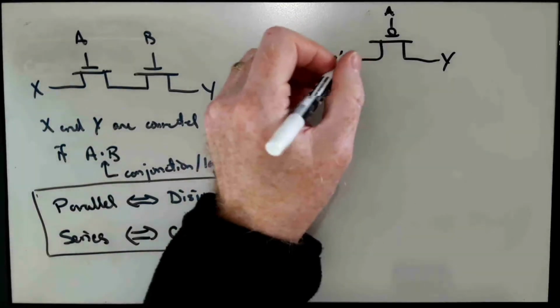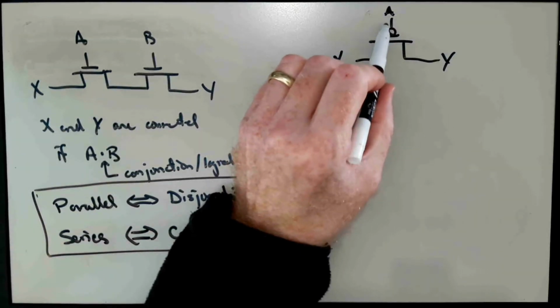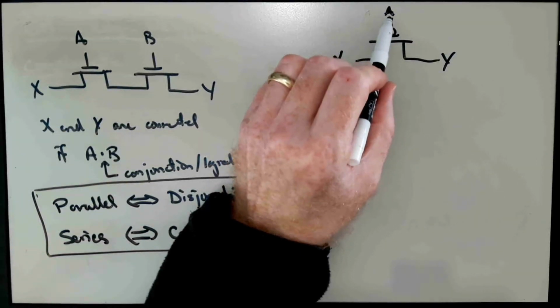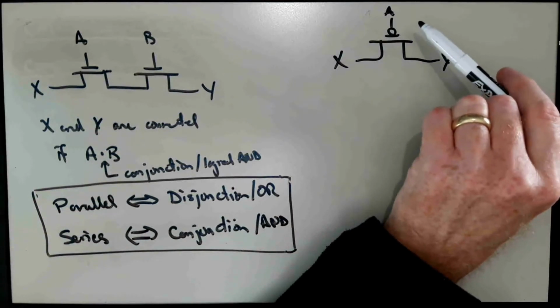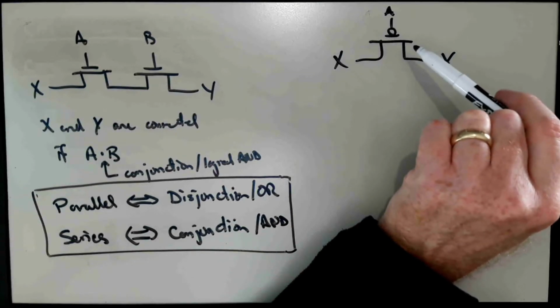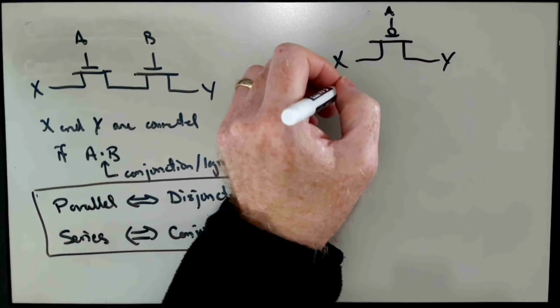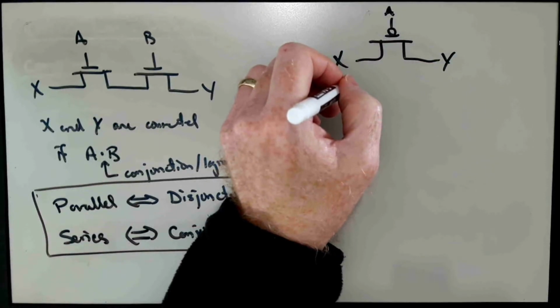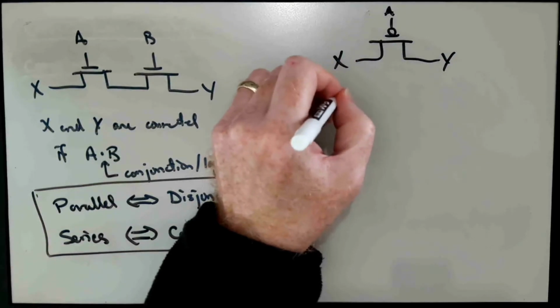Actually, let me say, if we were to make A logical 1, which is typically represented by VDD, the positive supply voltage, this transistor would be in weak inversion and the switch would be off. As off as we can make it, again, by putting a voltage on the gate within the power supply rails. And so here, X and Y